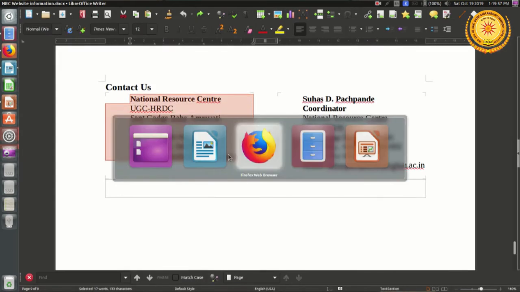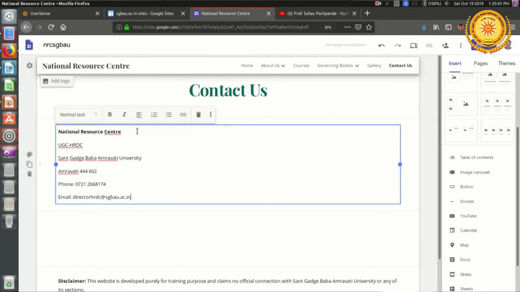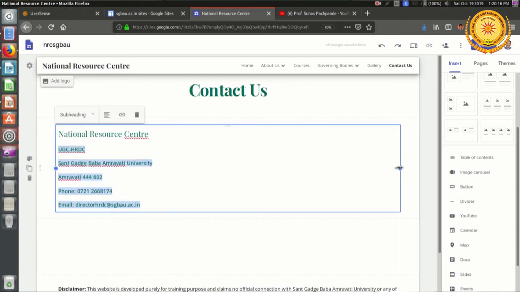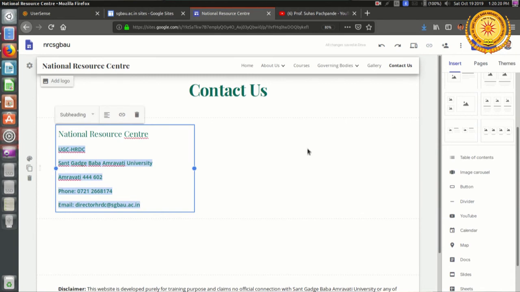Copy, and then I paste it. So National Resource Center, this I am taking as a heading, and these are all subheadings. I am reducing the size because I want another text box at the right hand side.